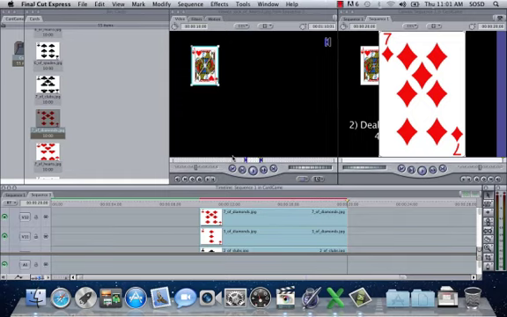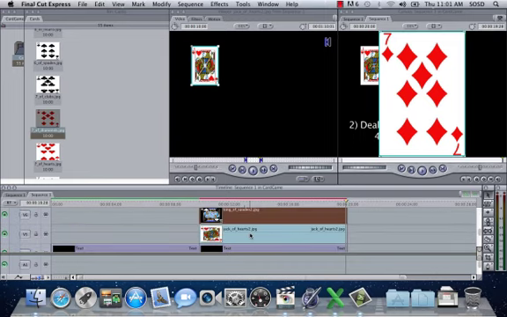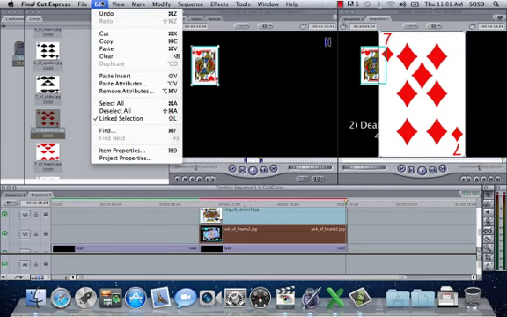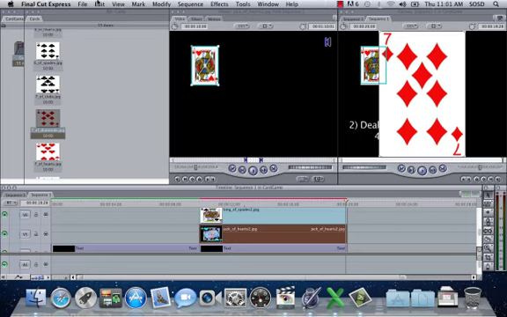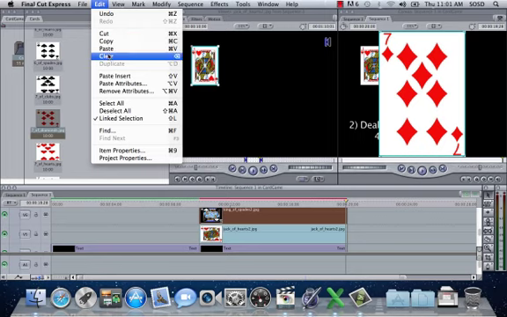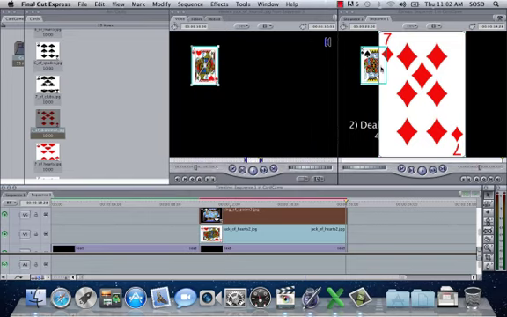So what I can do now, I've got the sizes set for the Jack of Hearts. So what we can do is control click, or click on the Jack of Hearts here, and then I'm going to go to Edit, Copy, and we're going to do something a little bit different here. I'll go to the King of Spades 2, and I'm going to go to Edit, and instead of Paste, I'm going to go to Paste Attributes. So here you can paste anything that you've got in the other clip. I don't want to do content here because that'll wipe it out. But if I go to Basic Motion and click on OK,